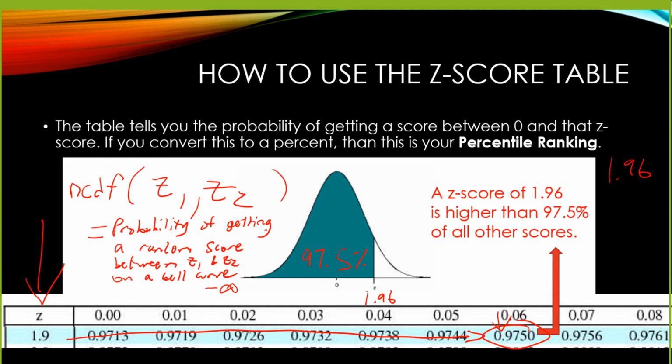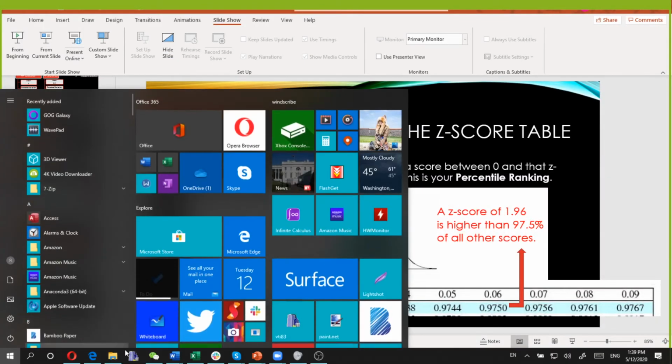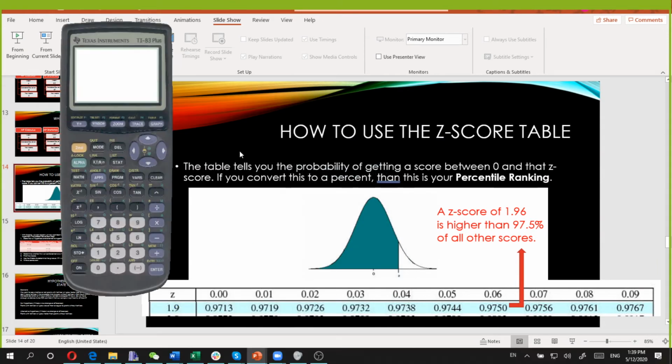So for this one, I would type second distribution, normal CDF, negative infinity. Now, I can't type negative infinity on a graphing calculator. Does anyone remember what I have to type? Perfect. Negative 1 e to the 99. That e is scientific notation, so that stands for times 10 raised to the power of 99. It's just a really large number that I can put in my calculator, 1 times 10 to the 99th power, without giving me an overflow error,